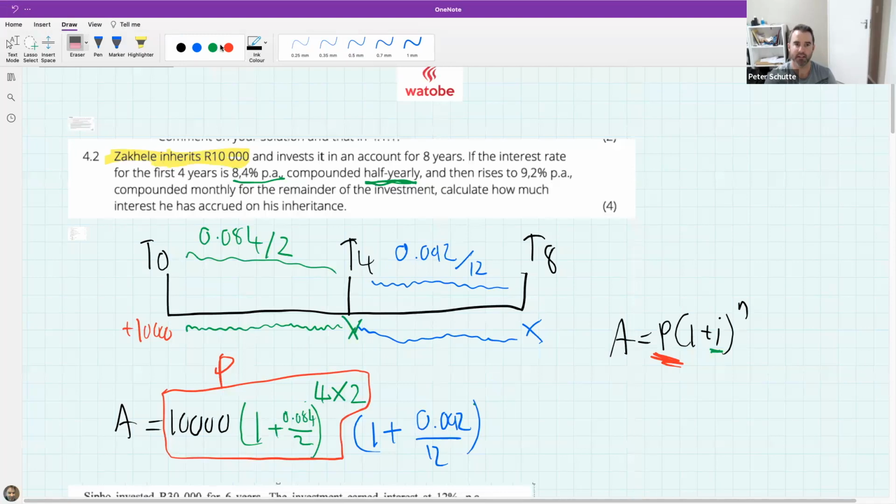So really, how many years do I have? I have 4 years, but I don't want it in years. So I times it by the number I'm dividing that by, and that should be, you can see it's 48. Now, the last thing that can mess you up is if your calculator is not working properly. So in order to get this relatively easily done, I would say go 10,000 times open brackets to the power of 8, go equals, and then times this bit equals. And what number are we getting for our final answer?